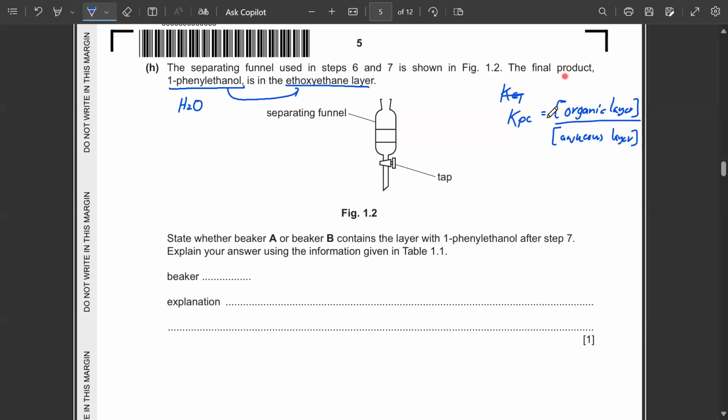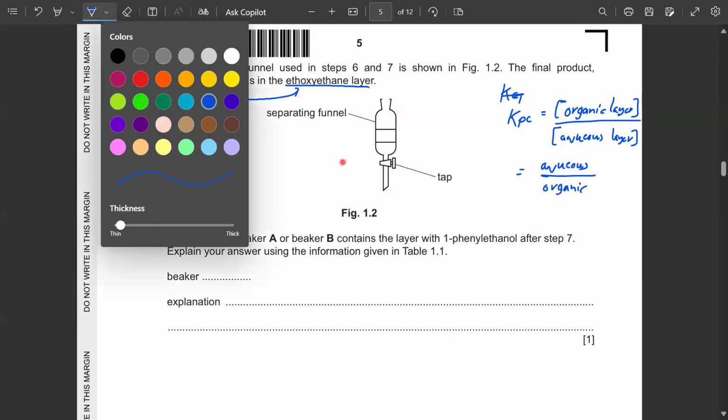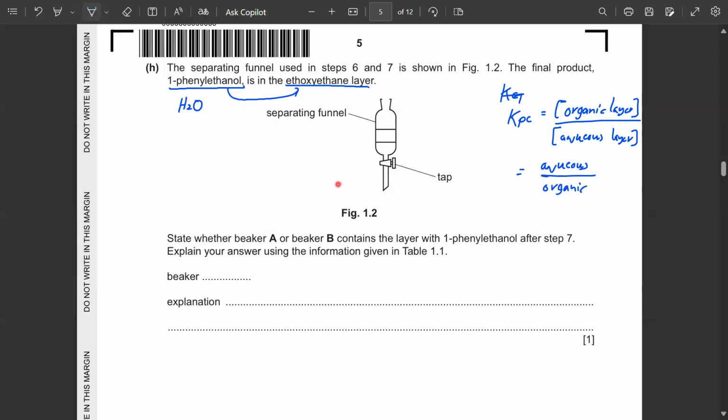Although this is the formula that we used, it can also be inverted. This equation can be inverted by putting aqueous in the numerator and the organic in the denominator,